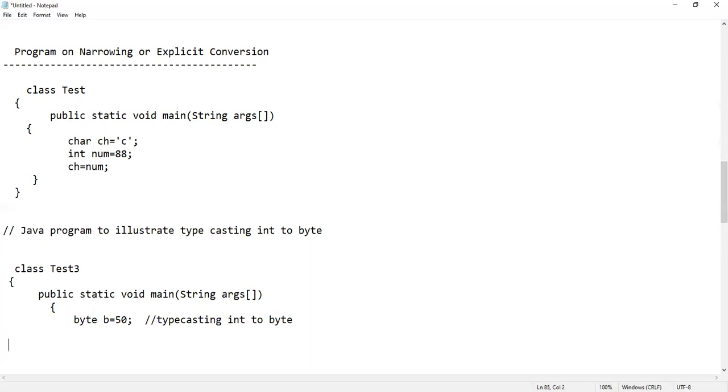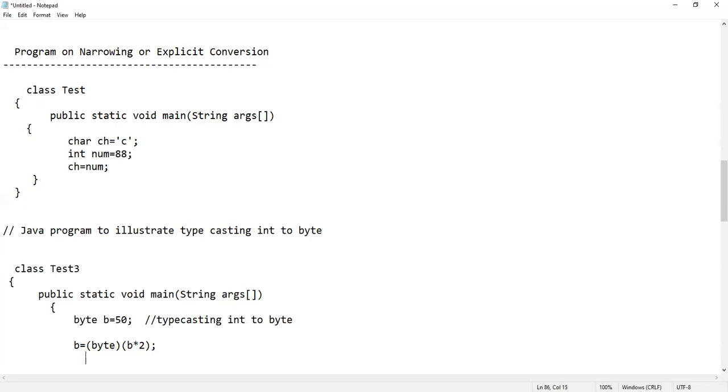So already we have declared byte b is equal to 50. Then b is equal to byte of b into 2.